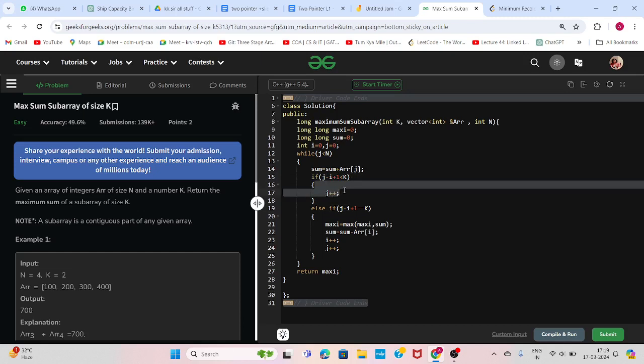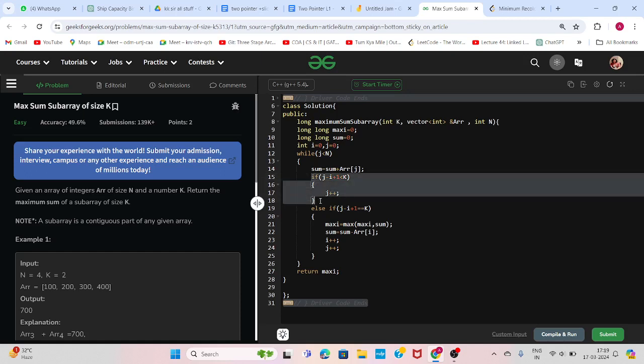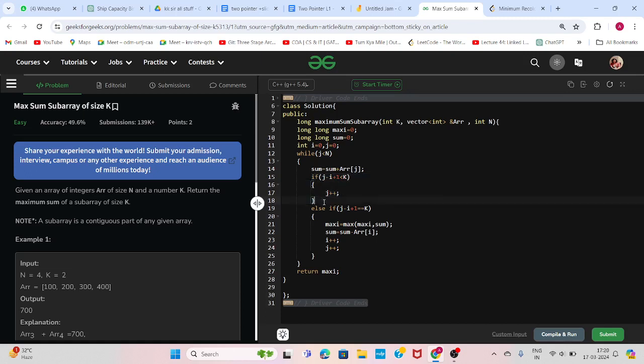We will move the j pointer. j will be here and it will not go into the else condition. Again the sum will be sum plus array of j, so it will be added to the sum variable. If we exceed, or if the length of the subarray equals k, what we will do is simply, because we have to find the maximum,